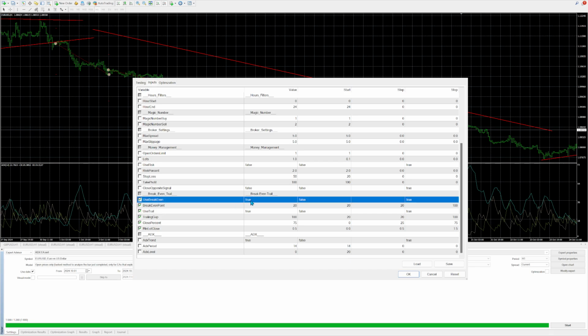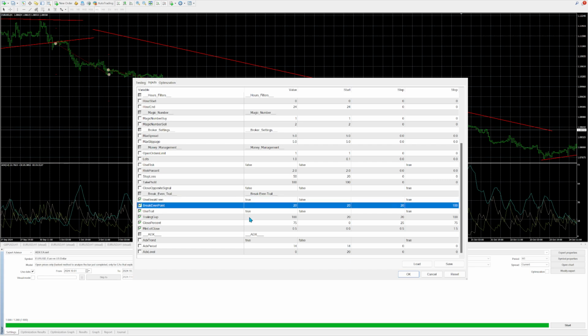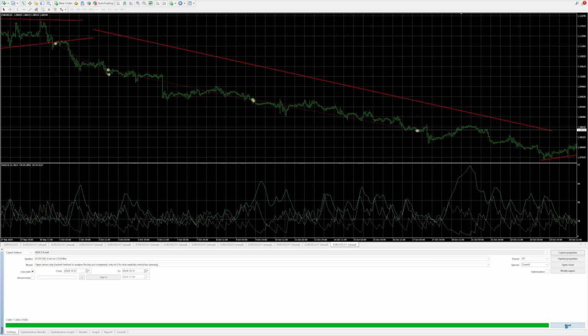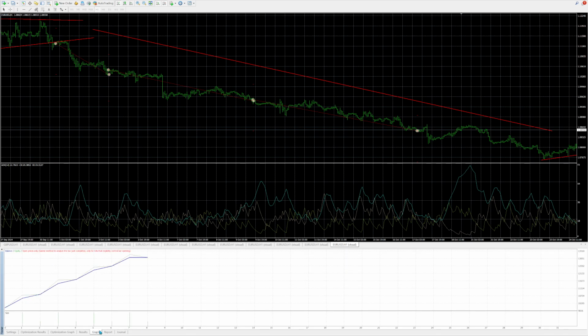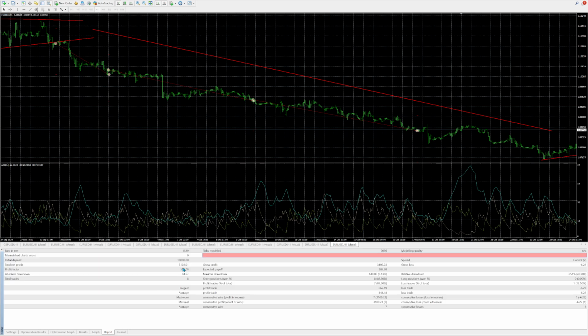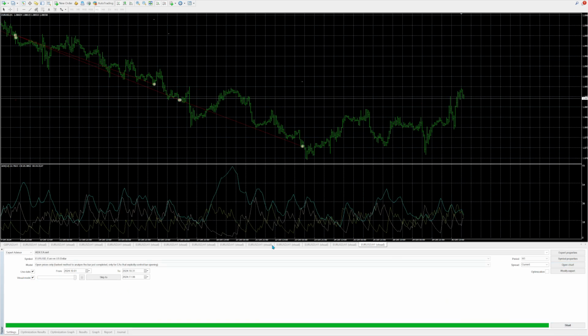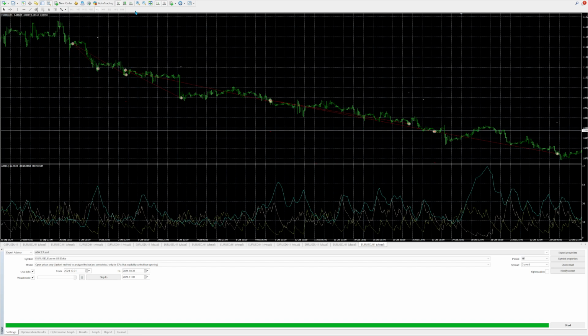So what did the optimization say? It said to have break even and trailing stop set to true, break even at 20 and trail by 100, closing 75%. Well, it looks like it's closing a majority of the trade, which might explain why the results are so similar to not using it. But if we just run that, we see a nice upwards curve, 3,100 profit. I mean, we need to check visual mode again because we've run optimization, it's gone. And if we just look at the chart,